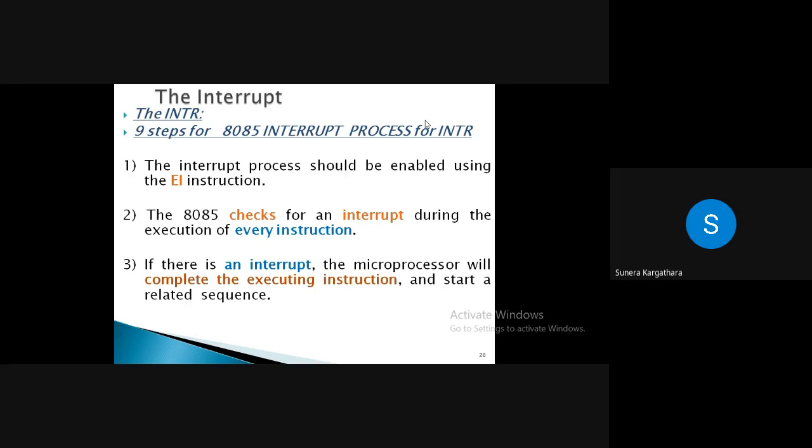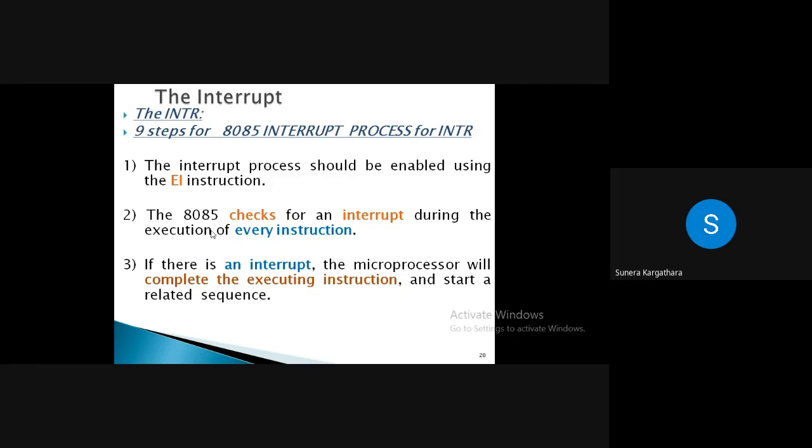So the process step we want to discuss is how any interrupt comes onto the 8085 pin diagram. There are 5 pins here so that any interrupt can come. Right now we want to discuss INTR. So how this process will go on, just try to understand it step by step. Quite easy, you all can understand.